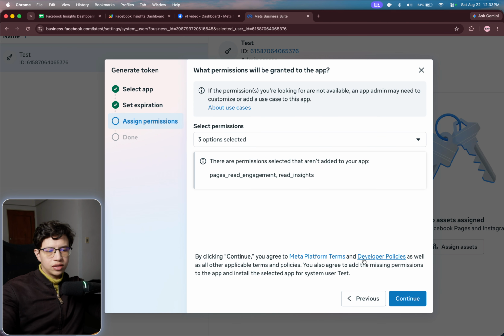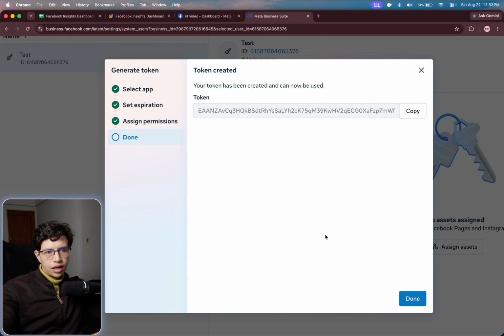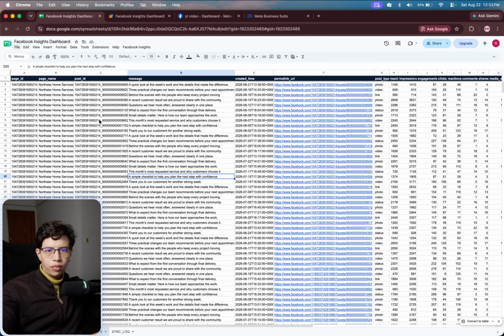So when you select these three scopes, you click continue, and then this is a token, all right? So we need to save this token in the spreadsheet. So what I will do is, if we go back to the spreadsheet,